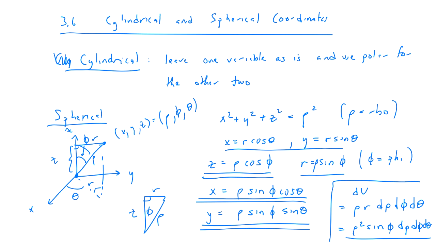Because we don't want r anymore, right? Our new variables are rho and phi and theta. So we have the r cosine theta, but we have to get rid of the r. So we substituted what r was to get rid of the r, because we don't want that anymore. Same thing here, which is we have an r, but there is no variable r. So I have to get rid of it. Oh, that's because I forgot it first too, so then filled it in. Sorry about that. So let's do a really basic one, what it's designed for, which is let's